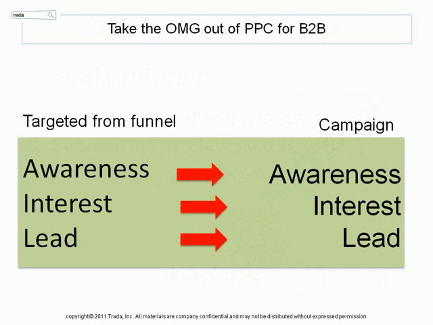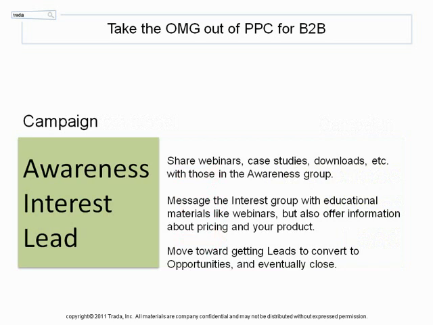Like for example, Cakebooks might have a campaign for awareness, SMB, awareness, enterprise, bigger companies, or for leads that are at the interest level, but they searched on information regarding their payroll offering. They're looking for a payroll solution for their small business. You can have more campaigns than this, but for simplicity's sake, we will assume that Cakebooks just has 3 post-lead campaigns. So we have awareness, interest, and lead.